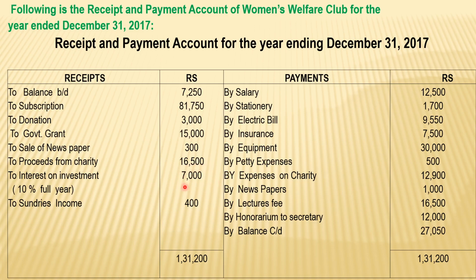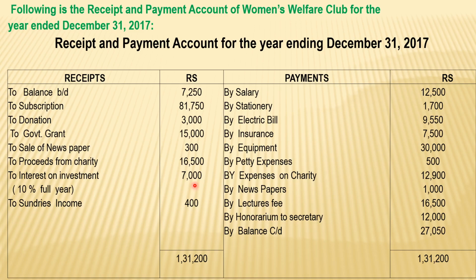So for 7,000 interest received, you can use the unitary method to calculate the amount of investment. And this is the hint here, 10% for the full year. What does it mean? If you invest rupees 100, then we can get interest rupees 10. So reversely we can think here, when our interest is rupees 10, then our investment is 100. When 1, then 100 by 10. When 7,000, then how much?